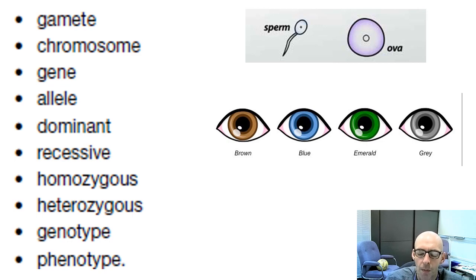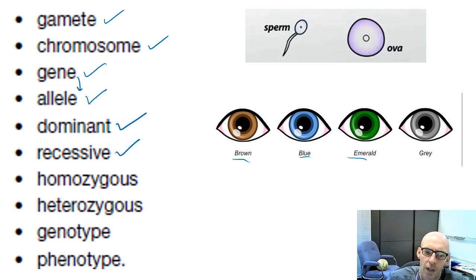And then obviously you might have needed to pause on there for notes. I deliberately put the page again because I knew I'd run out of text. So, sex cells, long length of DNA, section of DNA, different types of the same gene, allele, brown allele, blue allele, emerald allele. A more powerful gene is called the dominant one, and a less powerful one is recessive. So in our last example, dominant gene, brown, recessive gene, blue.